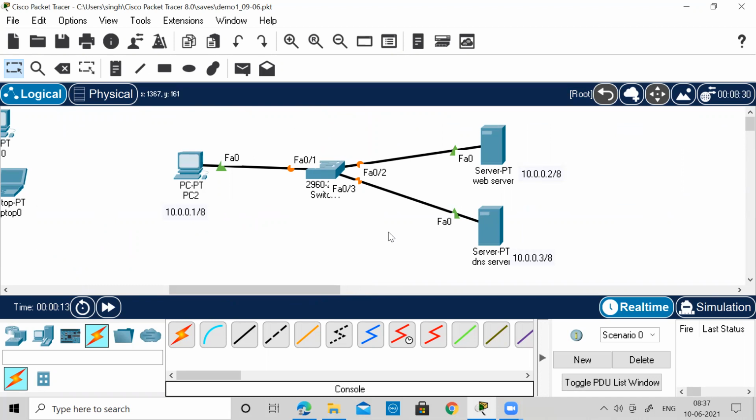This particular topology we had created yesterday, just to understand how my web page works when I write the name of a website in the URL of the web browser, how it converts the name to an IP, how it resolves the name to an IP with the help of a DNS server. And yes, it is recorded, and it will be uploaded on the portal. So you may contact Sagar for the recording.